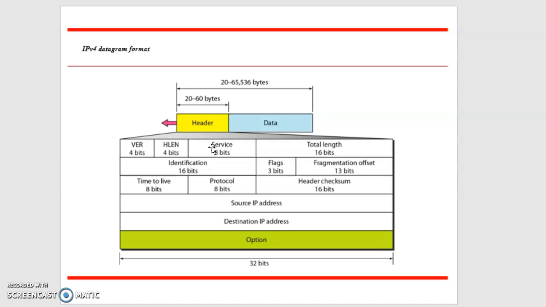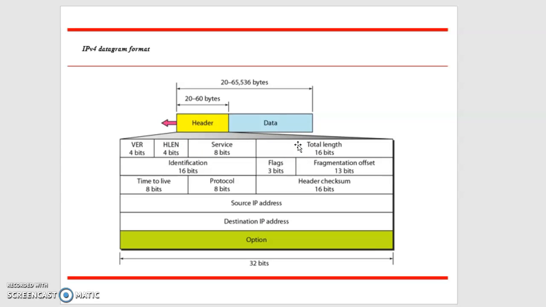Reliability is your priority, or you don't want the delay, or the delay can be there. So basically you are defining this type of services which are expected from this datagram. The next field is total length, which is 16 bits long. This total length tells the total length of this datagram. Earlier, header length was defining only the length of the header, but total length defines the total length